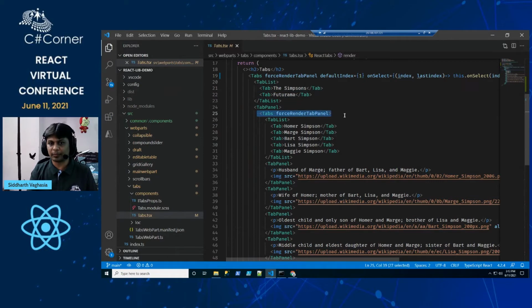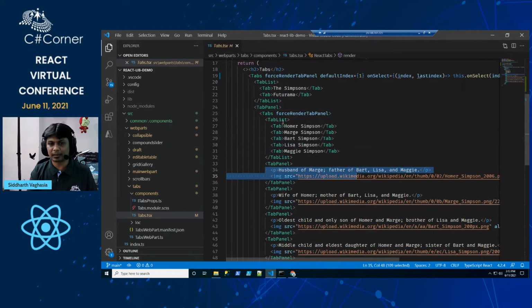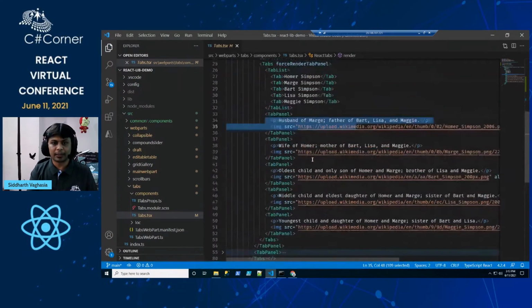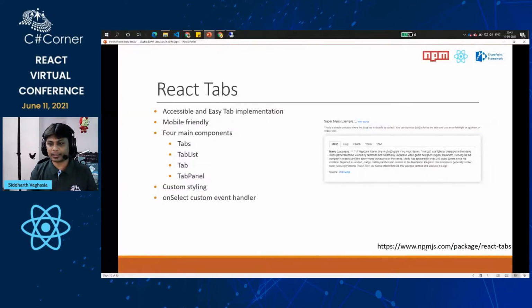Within the first tab panel, again we are creating a new Tabs component, because we wanted to create sub tabs within each. And this is the TabList with the sub tabs within each. Then within that tab list we have the tab panel, where we are actually putting the content, like a paragraph and an image. So consider your content goes here within your tab panel. In my example I am again creating tabs, but it can be any content, any React component, or any HTML which you would like. So this is about the tab component.